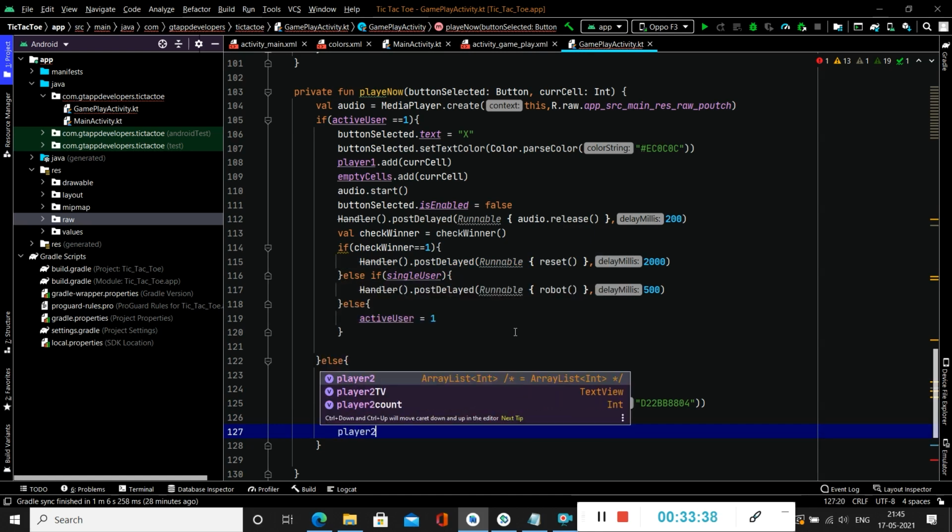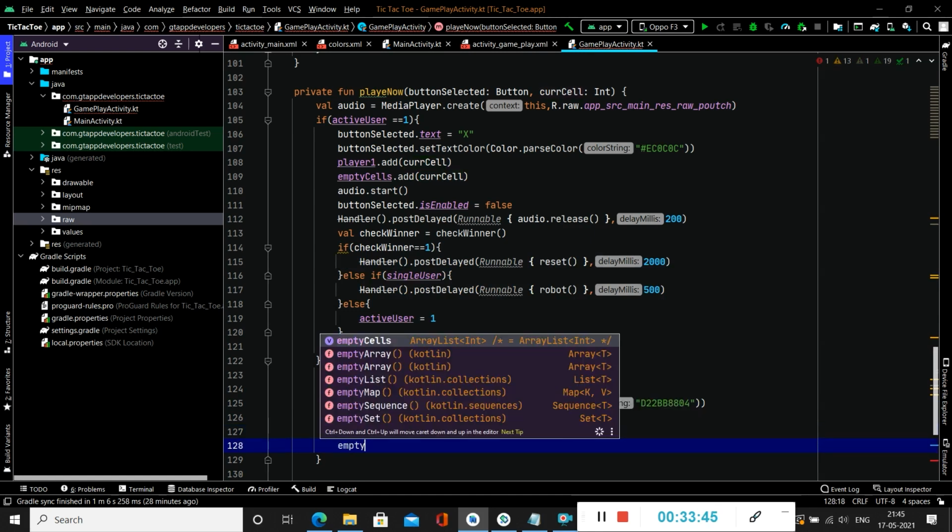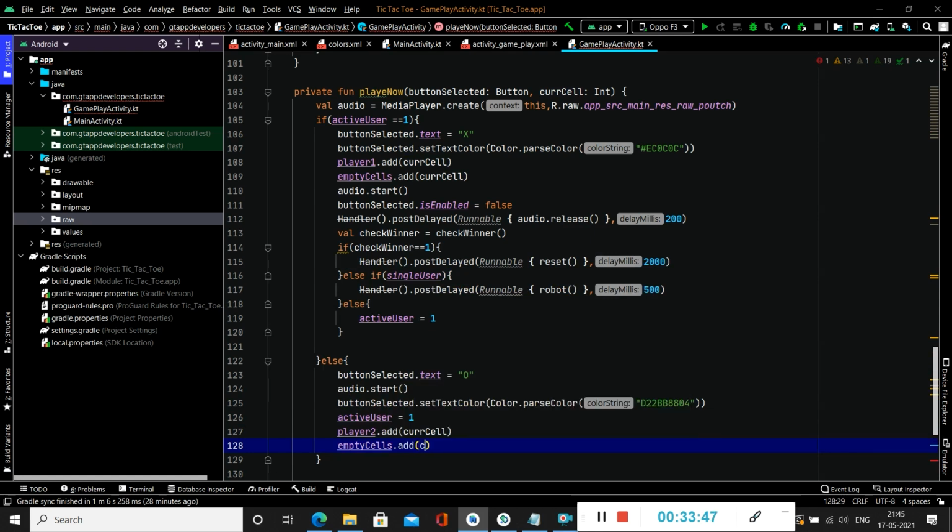and we will be adding this to player2 dot add, that is our current cell. Along with that, we will also add it to empty cells dot add current cell, and after that we will be running a handler again dot post delayed, and then runnable.